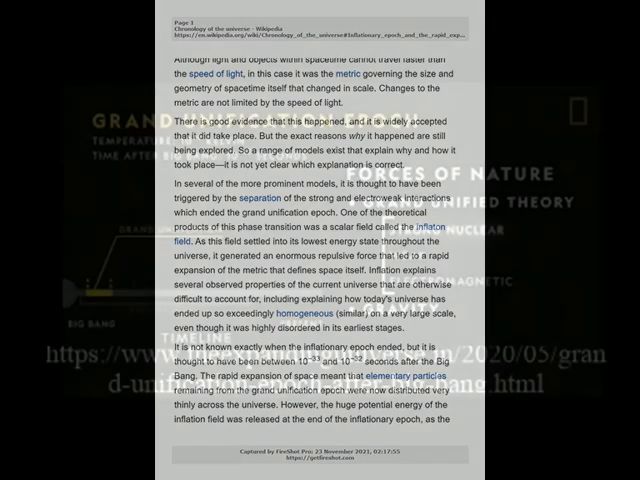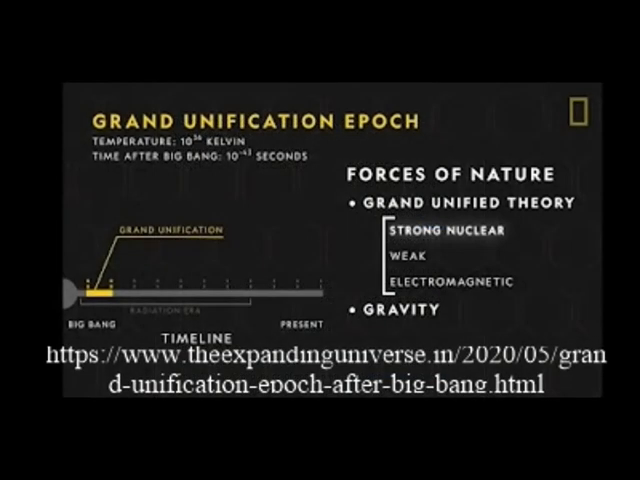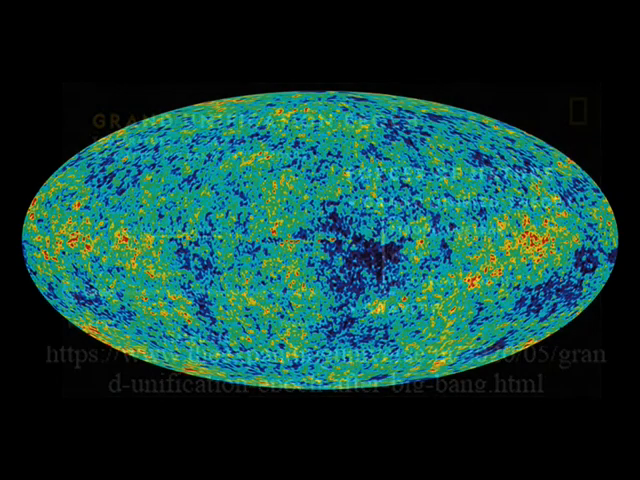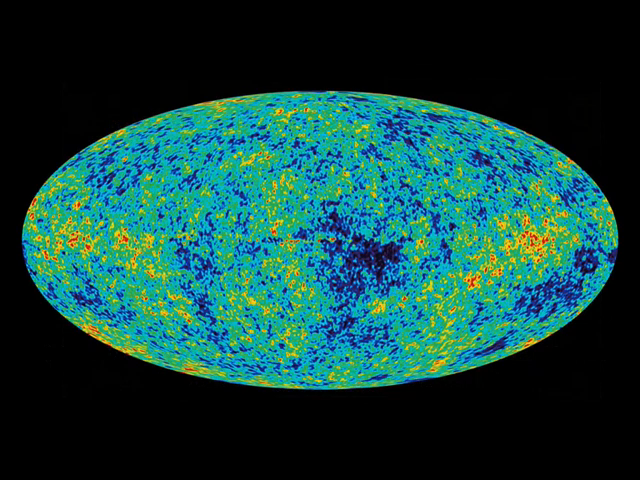One of the theoretical products of this phase transition was a scalar field called the inflaton field. As this field settled into its lowest energy state throughout the universe, it generated an enormous repulsive force that led to a rapid expansion of the metric that defines space itself. Inflation explains several observed properties of the current universe that are otherwise difficult to account for, including explaining how today's universe has ended up so exceedingly homogeneous, similar, on a very large scale,